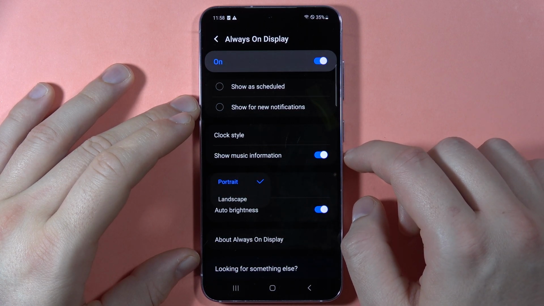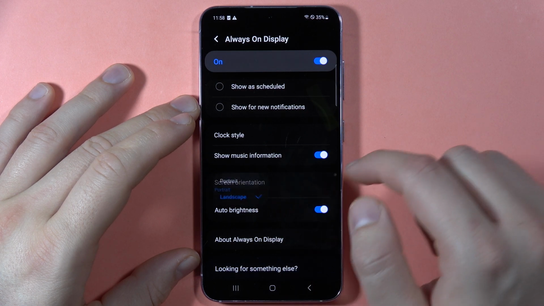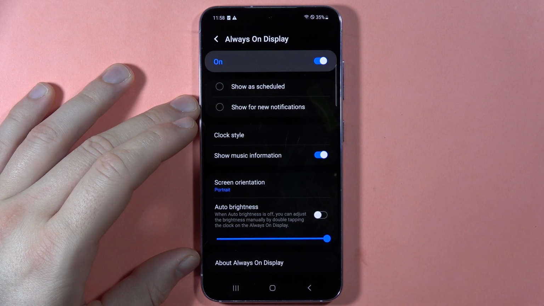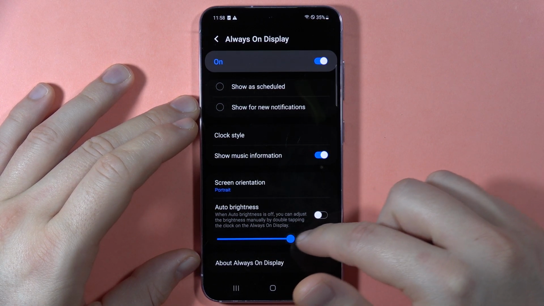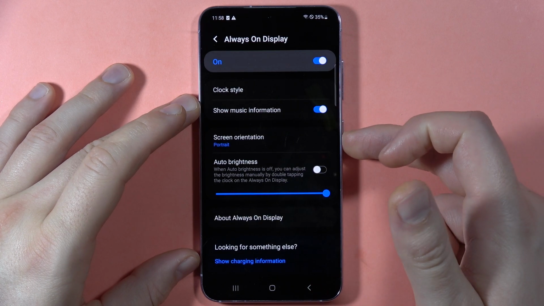And the same for the screen orientation, so we can switch between the portrait and the landscape. And here we can also turn on or off the auto brightness, but in my case I'm gonna turn it off, and I'm gonna set the maximum brightness of the always on display screen. And now when you lock your screen,